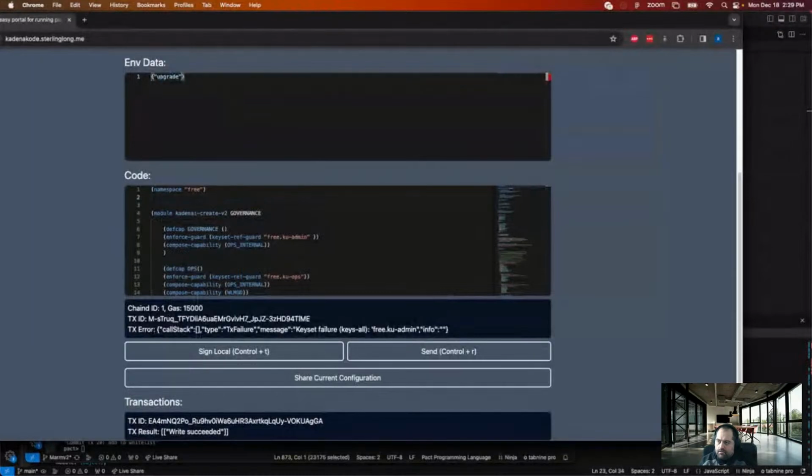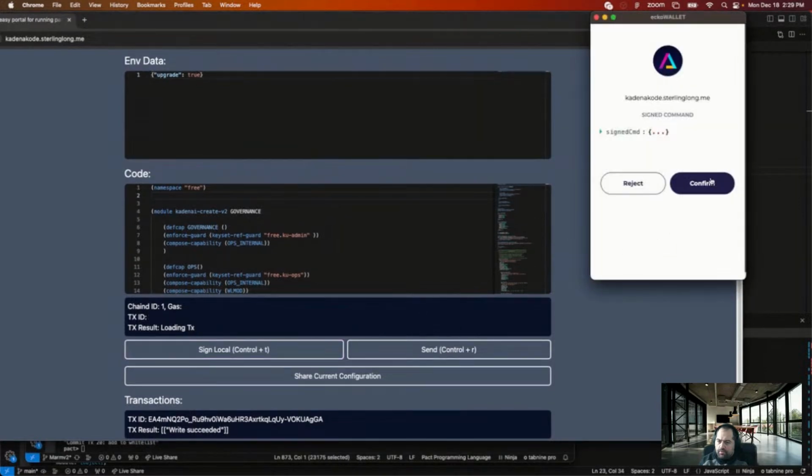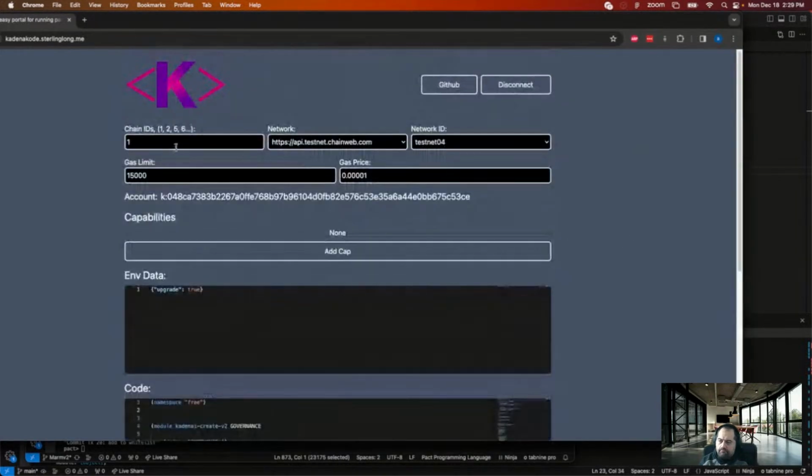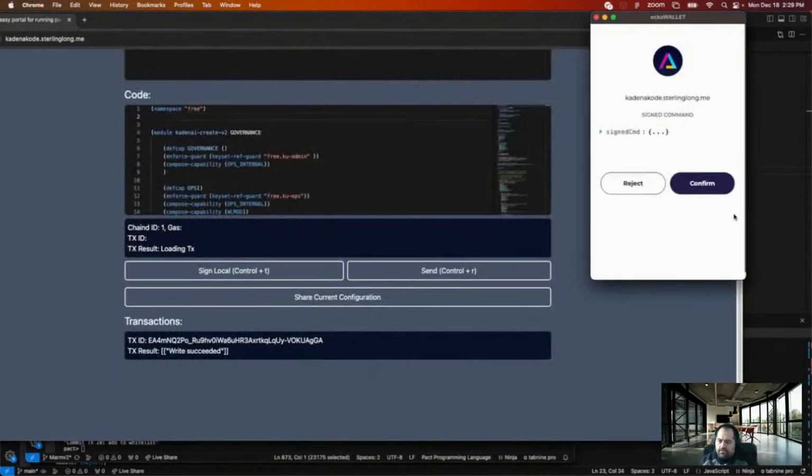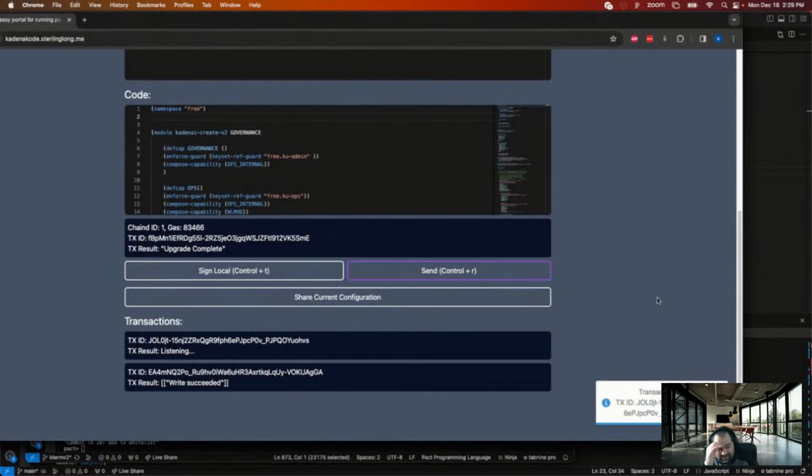Upgrade is true. Should pass. That's fair. All right. Let's see if you pass. I'm gonna check my math operations a little bit too on that. I think I'm gonna change how we do that. But for now, I just want to see if this works.